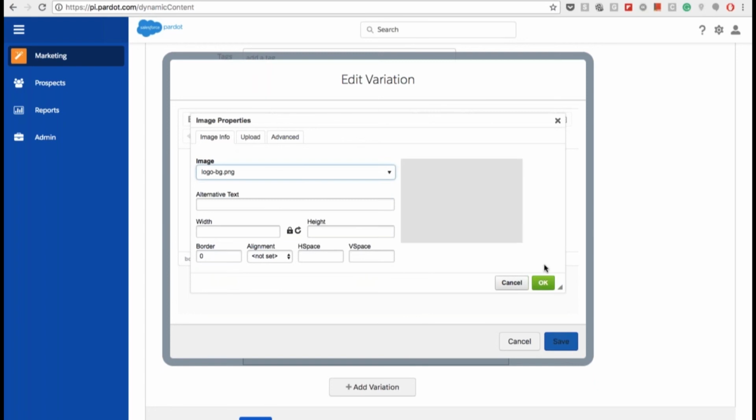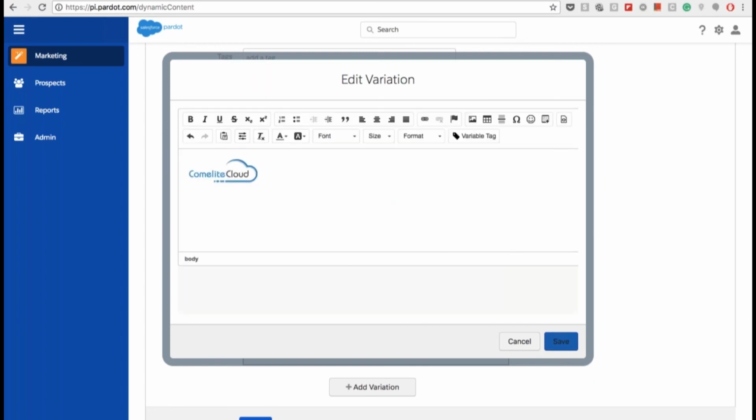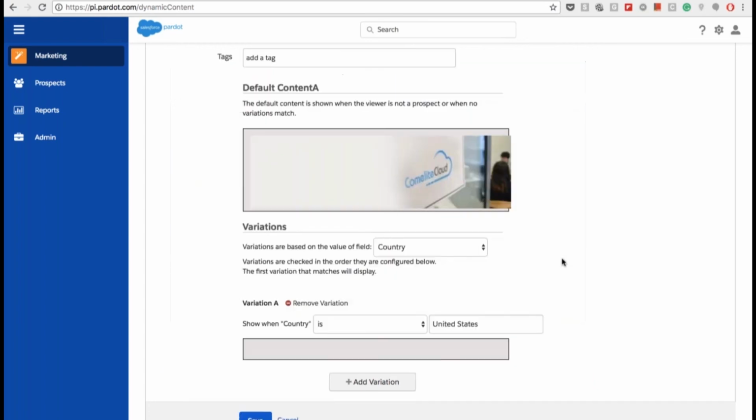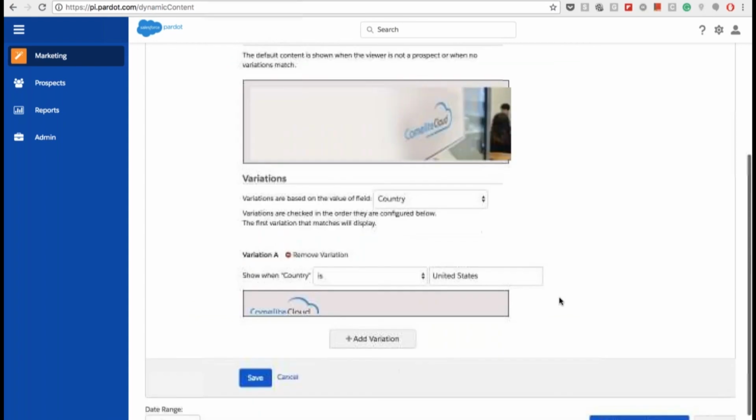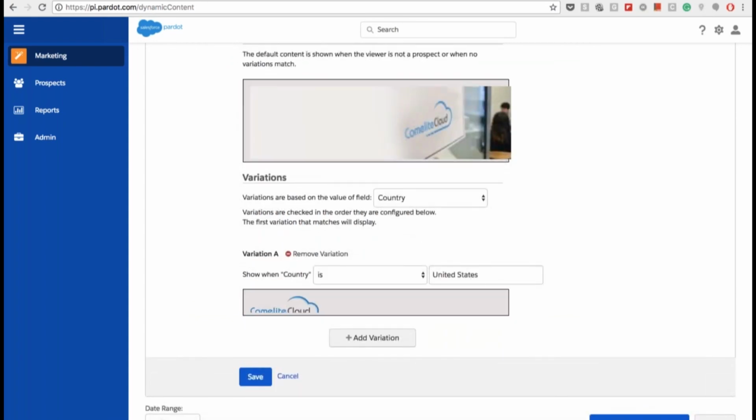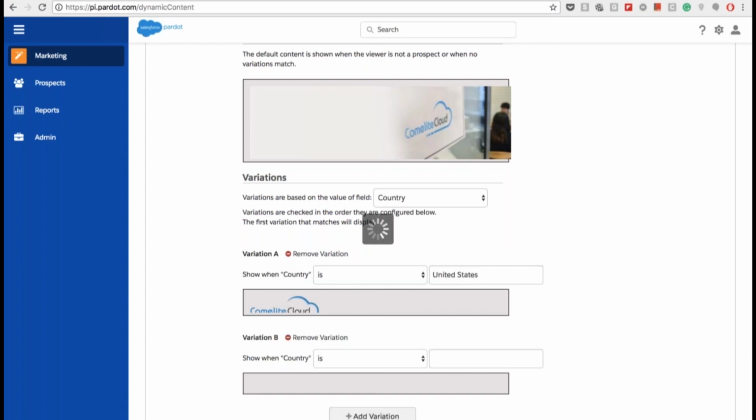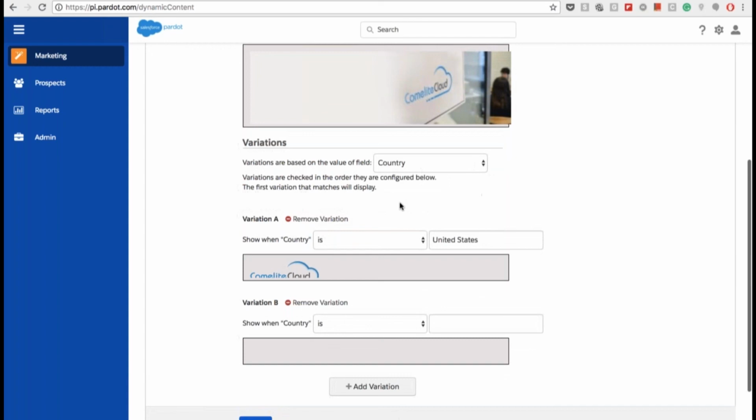Here we defined how we would like it. Our scenario is, let's say I'm doing it based on a country. So I will look for the country, and if the country is United States, I'll edit the content here. What we will do is, again, we'll get a pop-up, and let's say now I am using